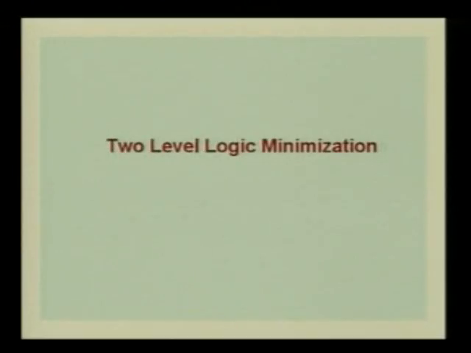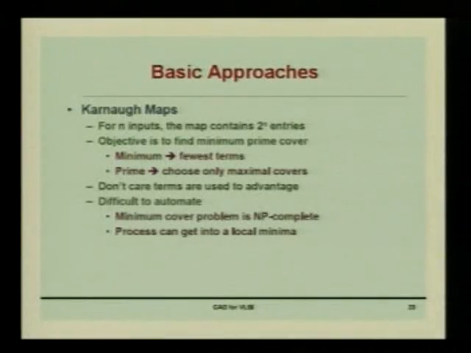Now, two level logic minimization. The PLA kind of things are two levels, since there are two levels, one is the AND plane, another is the OR plane. So this is called two level logic. In two level logic minimization, the first thing we will study is Karnaugh map. I think most of you have already gone through the Karnaugh map. It's a truth table like representation. There are 2 to the power n entries for a logic equation,